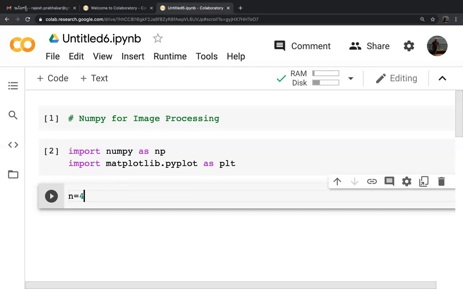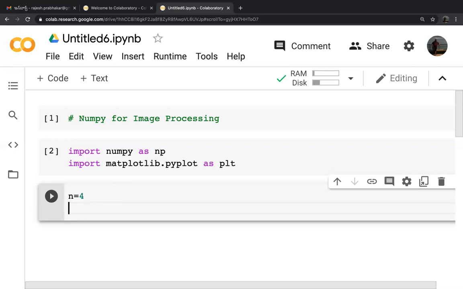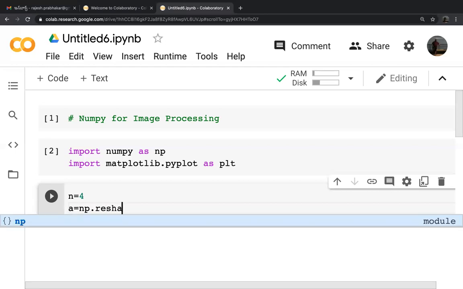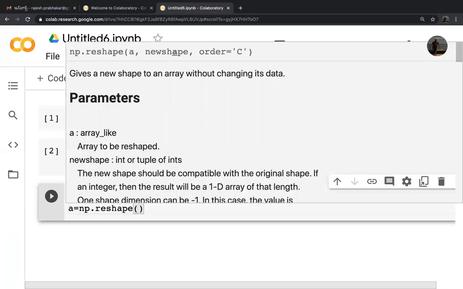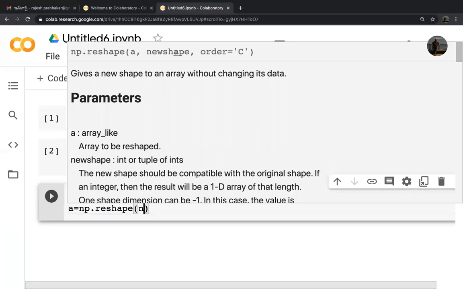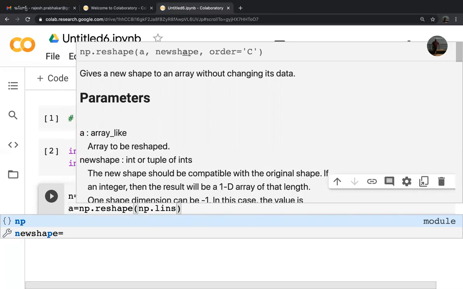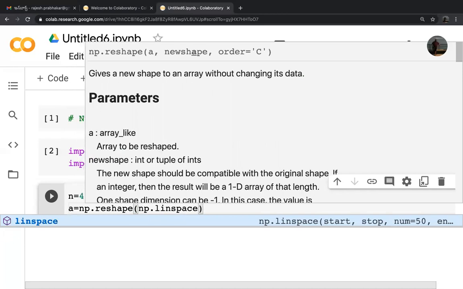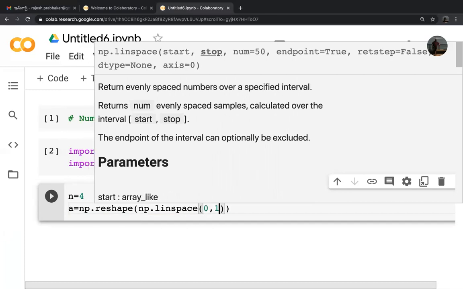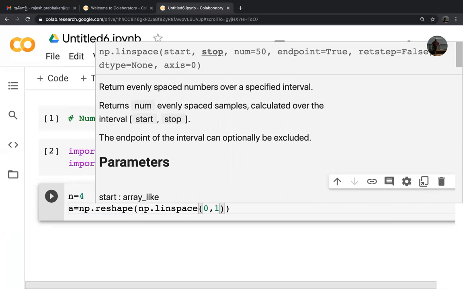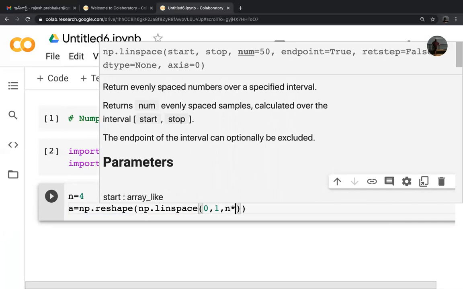N is equal to 4. A is equal to, yesterday we talked about np.reshape, np.reshape in bracket np.linspace 0 comma 1 comma n to the power of 2.